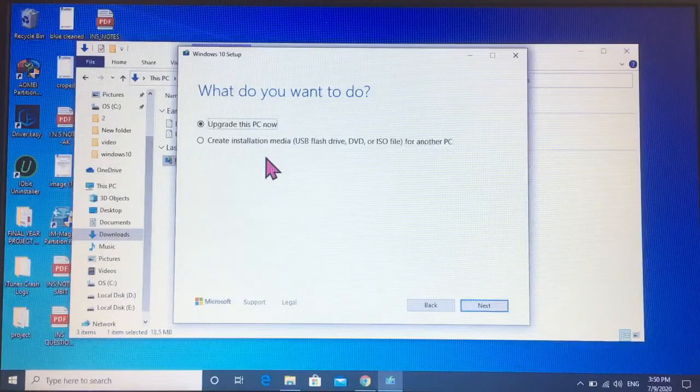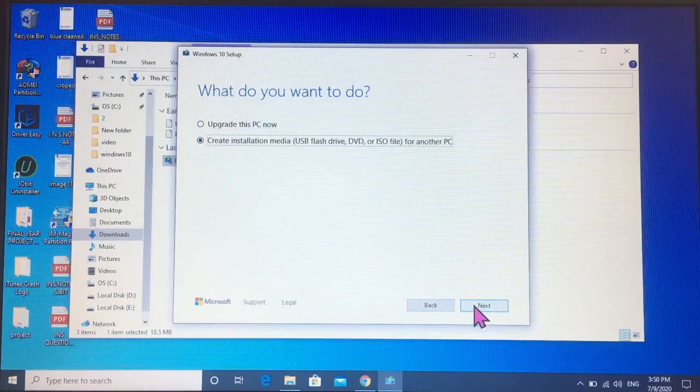Setup shows upgrade this PC. So the first option says that if you want to upgrade your particular PC without saving the Windows 10 installation files, you can upgrade this PC. If you want to save the files of the installation and use in the future again without downloading the Windows 10, you can go with the second option. So I'll go with the second option to save the Windows 10 files in my PC so I can use in the future for other PCs.